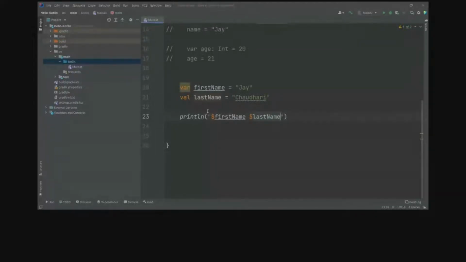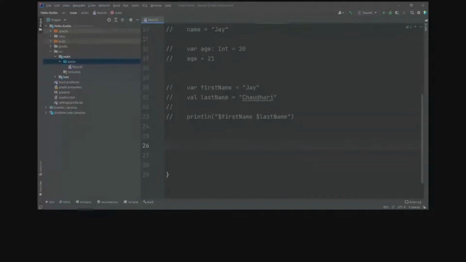Okay, so now we'll cover something called the if else statement. In Kotlin, the if else statement is similar to Java and C++. Let's suppose we have a certain kind of license that is available only for people above the age of 18.